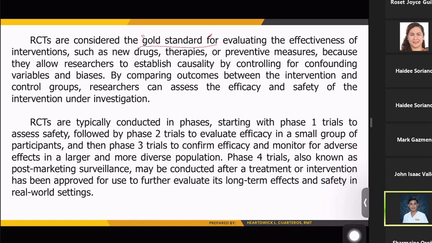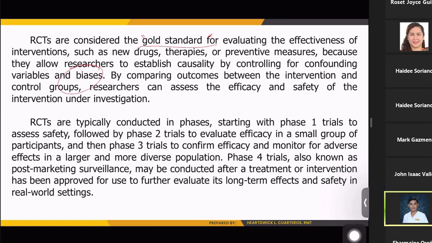But not in experimental because this is science. Okay? We cannot question science. Okay? So, siyempre, walang bias dyan. So, by comparing the outcomes between intervention and control groups, researchers can now assess the efficacy and safety of intervention